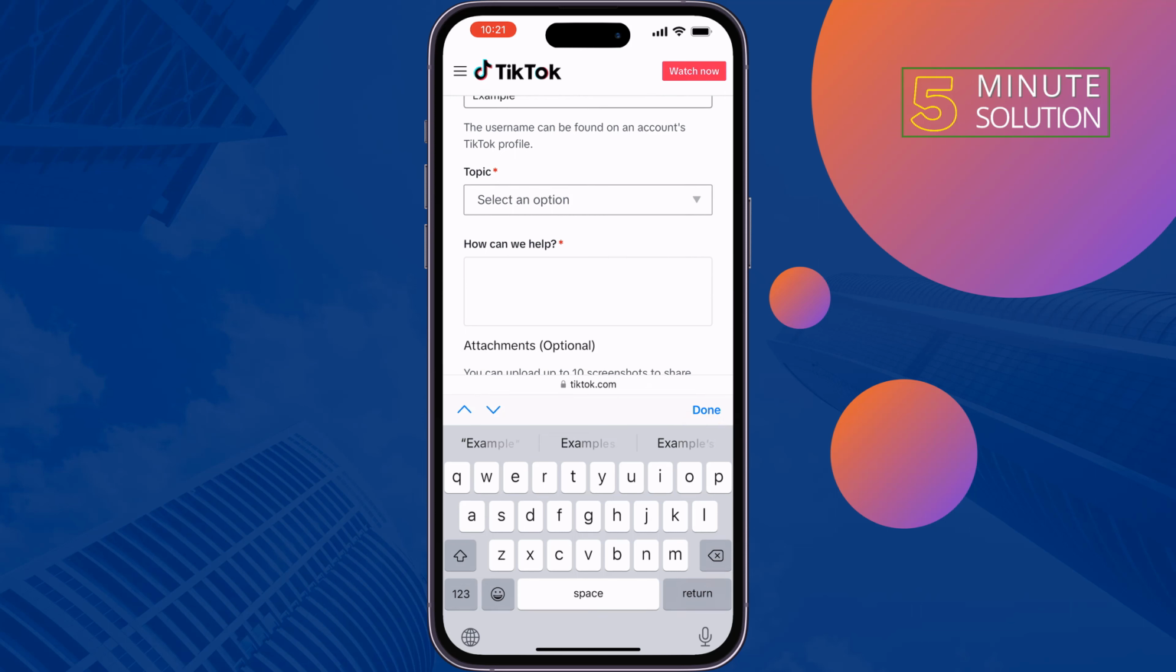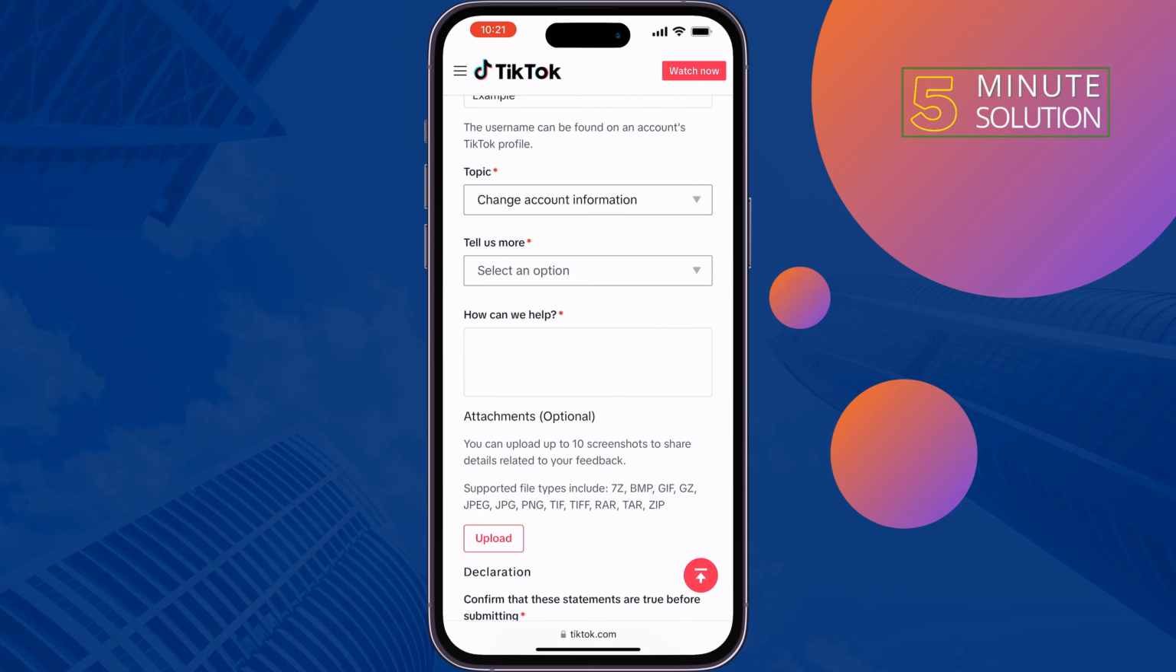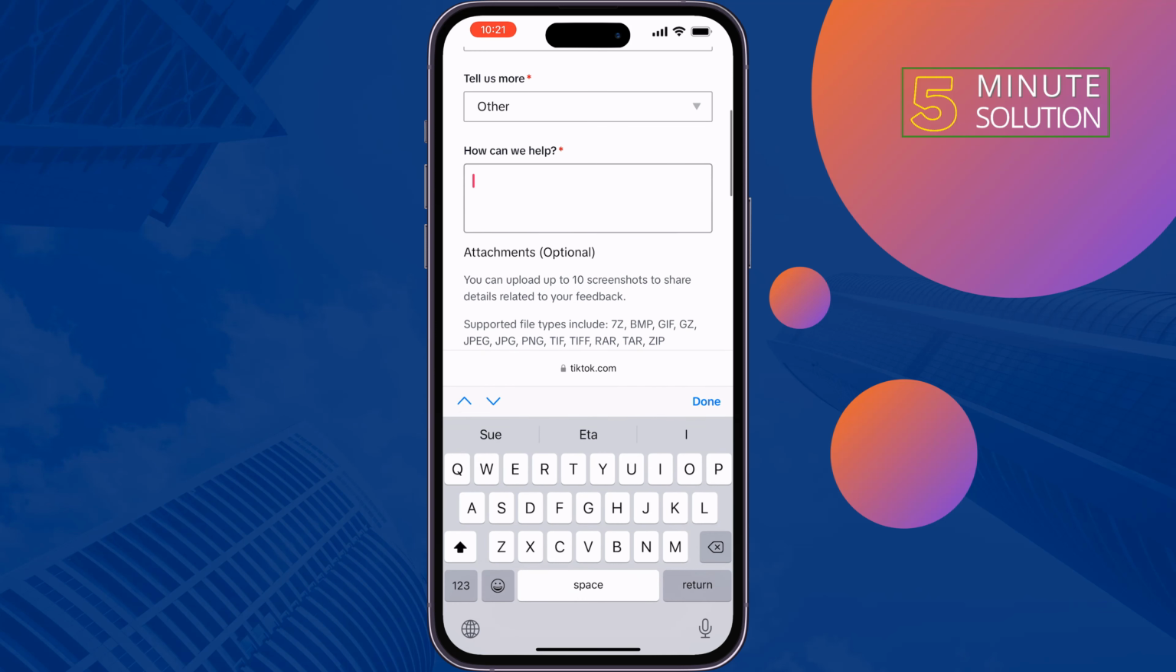Select an option here, select change account information. Select an option, select other, and here all you have to do is carefully describe that you want to change